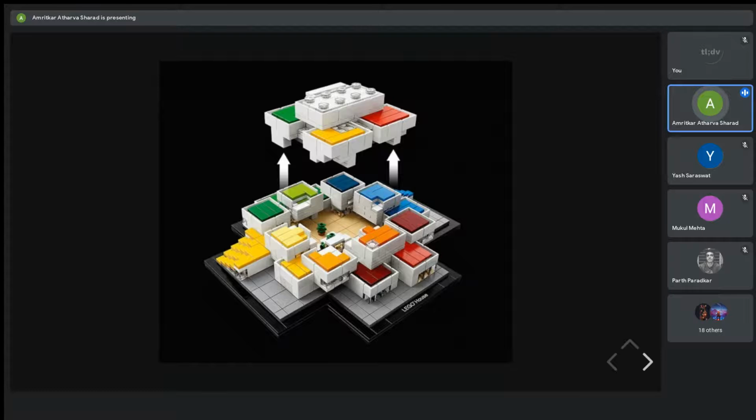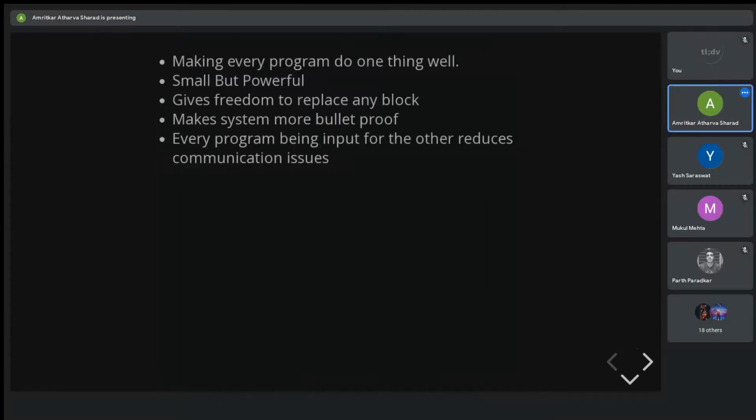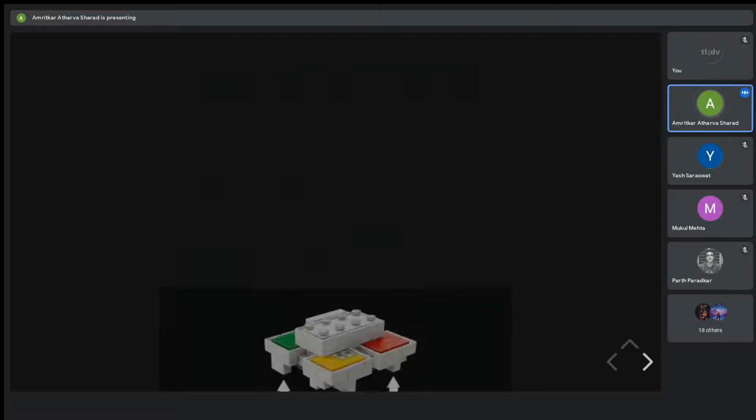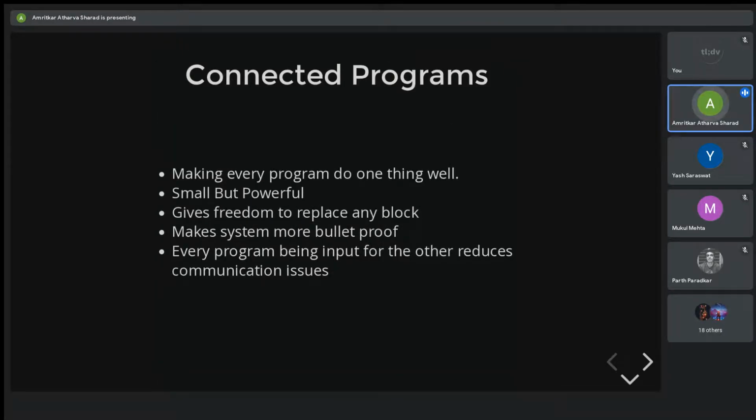This can be compared with the Lego analogy. No matter how complex your Lego house is, you can always replace one particular block that is causing problems, or if some better block is available. So that is why Unix systems are highly customizable, and that has let people make amazing systems. Like, we can see stuff on Unix porn and such. They make a beautiful system using the programs that use these analogies.